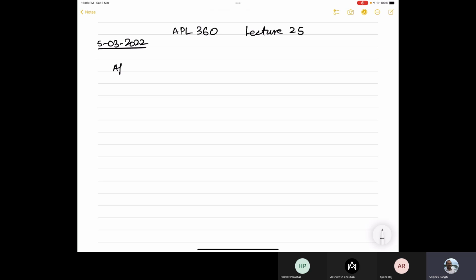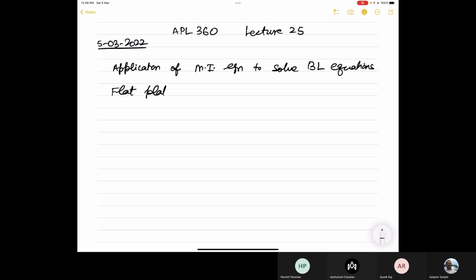Now looking at application, and we will apply the method for uniform flow past a flat plate. So here capital U is constant,